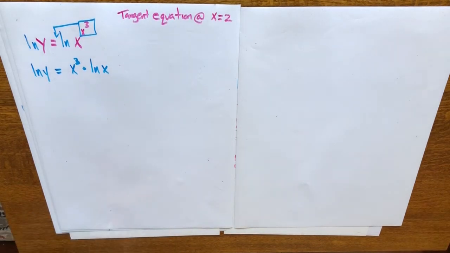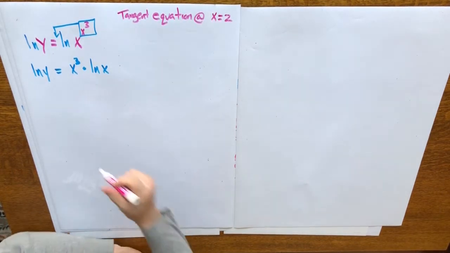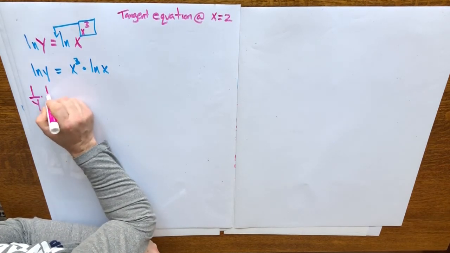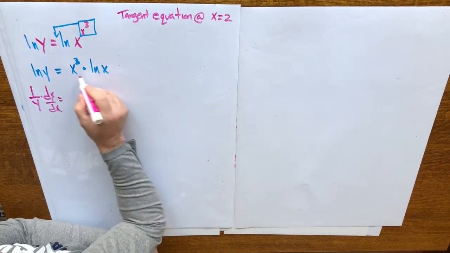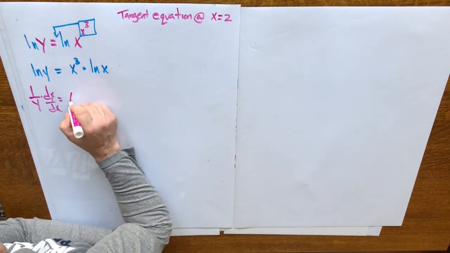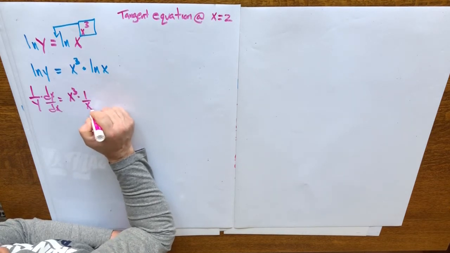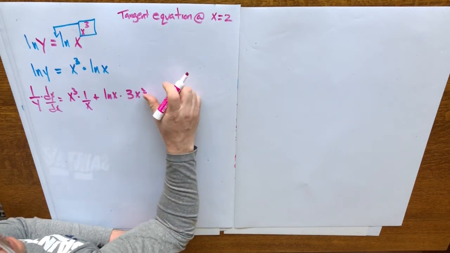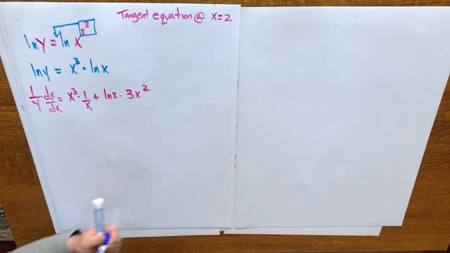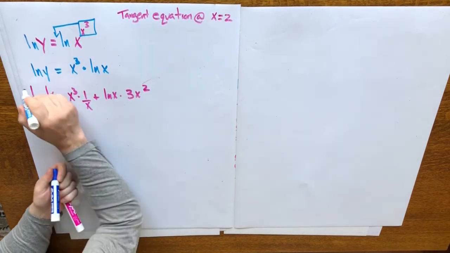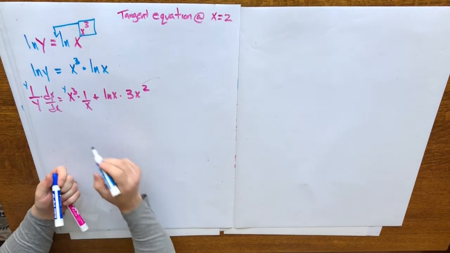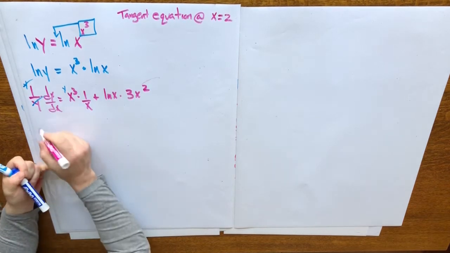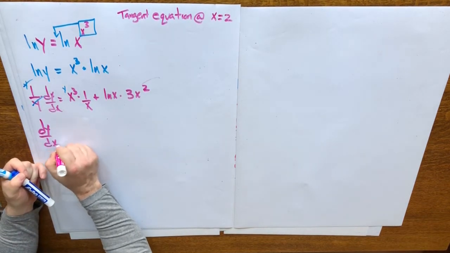Now that's a product that we can't get rid of, so we're going to take its derivative. The ln of y, its derivative becomes 1 over y times dy over dx equals, this is a product, let's use the product rule first: x cubed times the derivative of the second, plus the second, ln x, times 3x squared. Multiplying both sides by y so that we can cancel this y with this y, you get dy over dx equals y